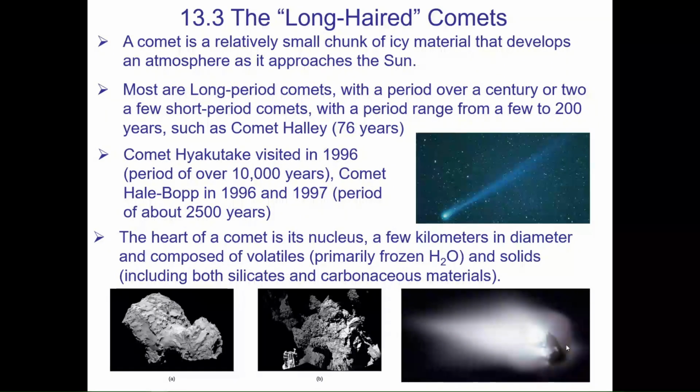The picture on my right is a close-up of Halley's comet. You can see it has a very large atmosphere, and its nucleus, from the appearance, is definitely very rocky material. This image was obtained by the European Space Agency's Giotto spacecraft from a distance of about 1,000 kilometers away from Halley's comet. And other than that, the European Space Agency's Rosetta mission